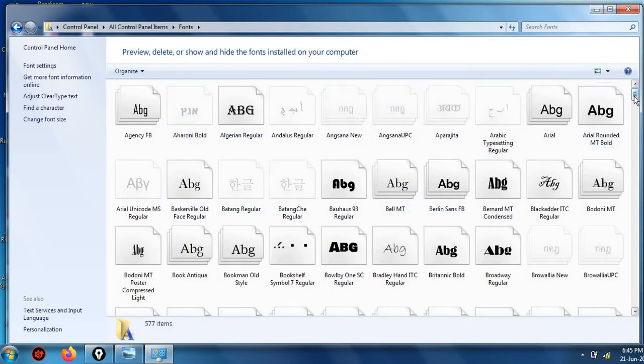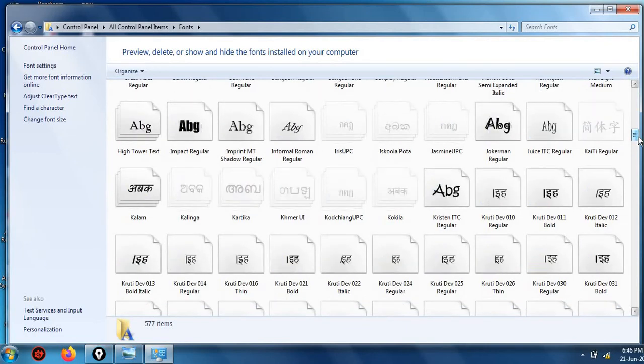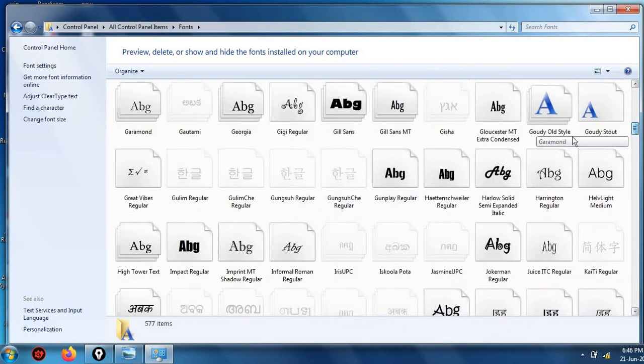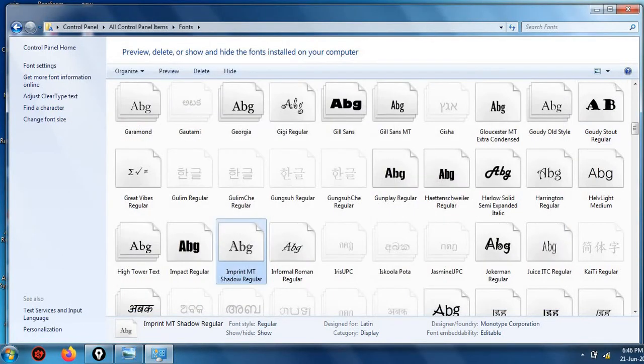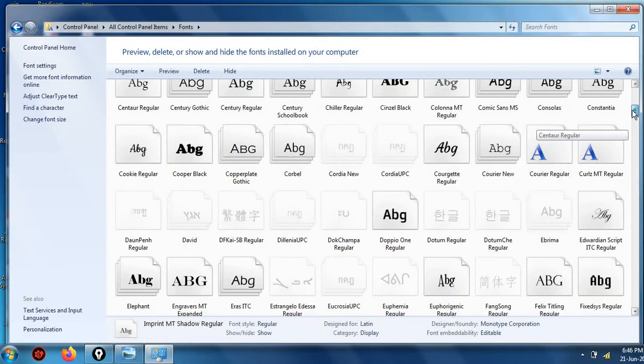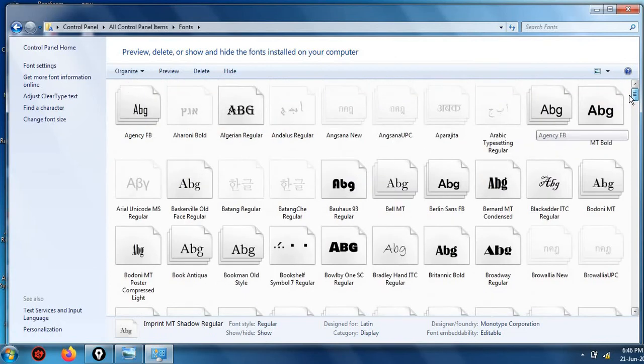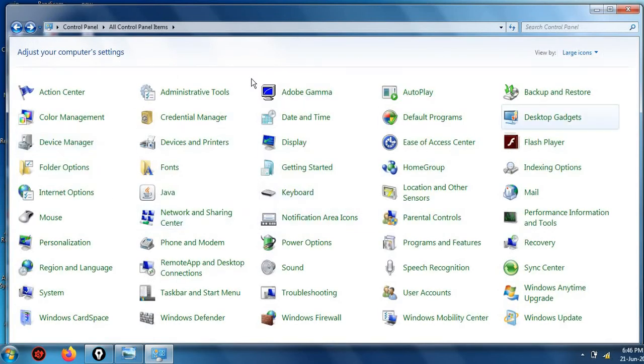If you want to see any font, you can double click on it. You can remove it from here, and if you have a new font, you can download it from the internet and place it in this folder. Then you can access it in MS Word, right? So this is the use of the font option in the control panel.